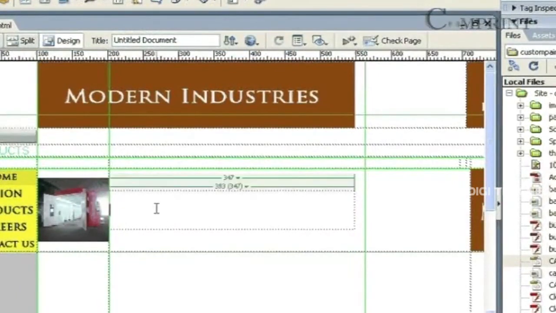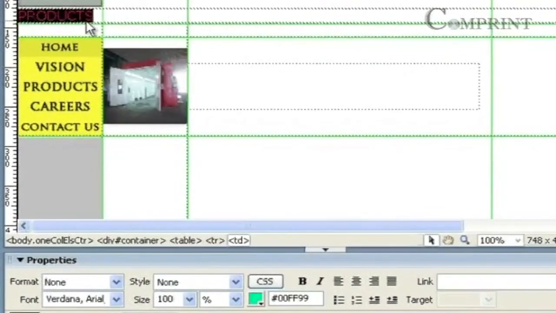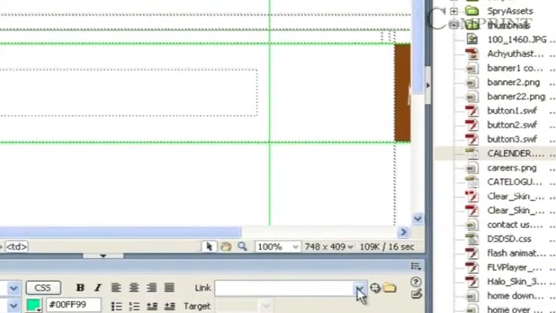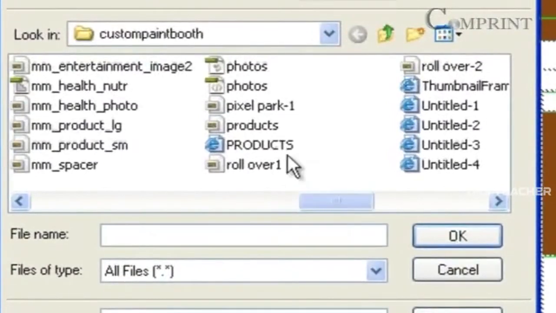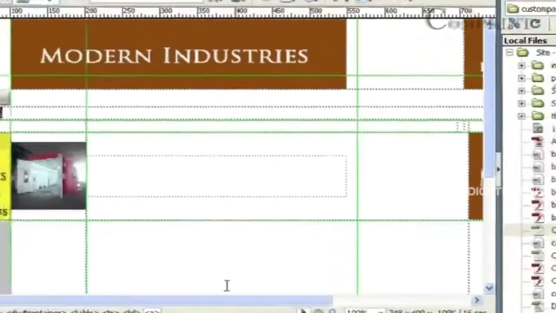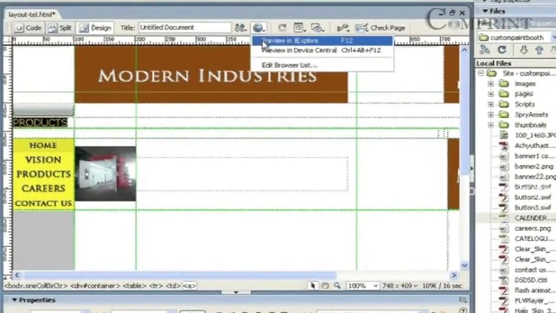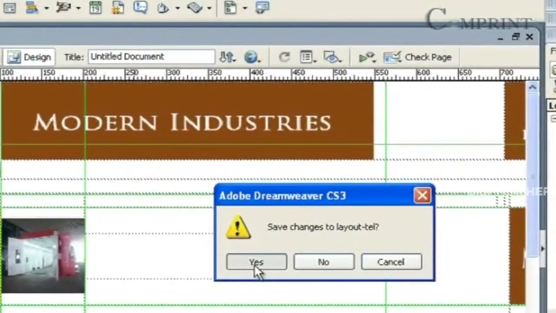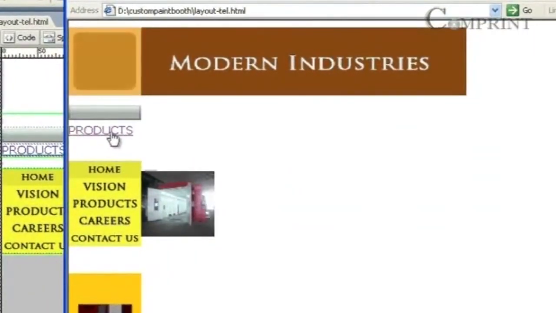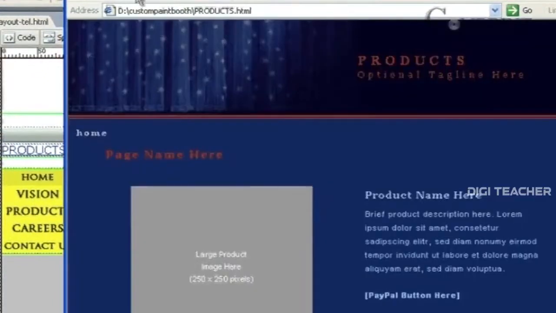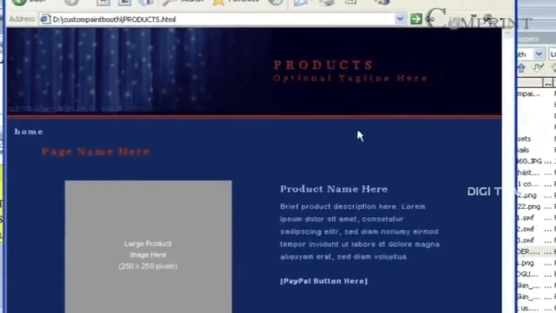We can even set hyperlinks to the text typed here. For example, here we typed a text named products. To set a hyperlink to this text, select it, go to the properties panel, and under the link option, click on the browse, choose a web page named products, click OK. So now this products text is linked to the products web page. Now by clicking this text, here we find the text is changed into a link, it is underlined and the color is changed. Just by clicking it, it navigates to the products page.